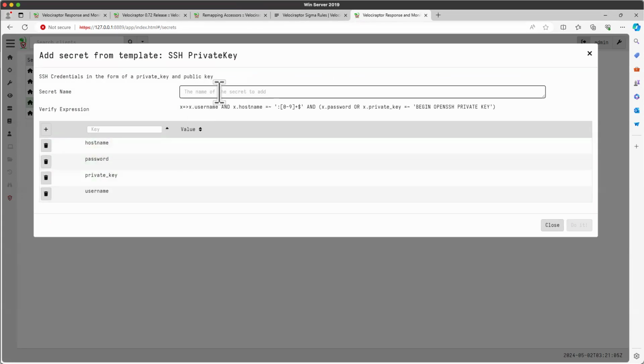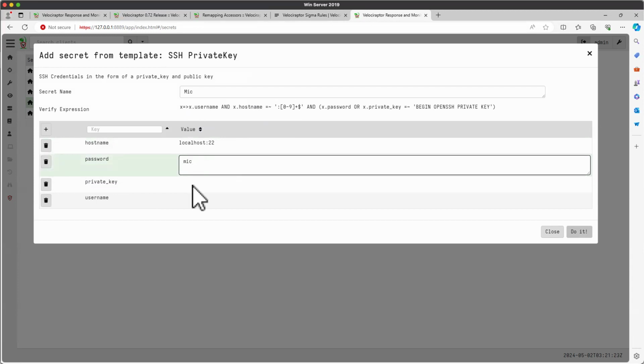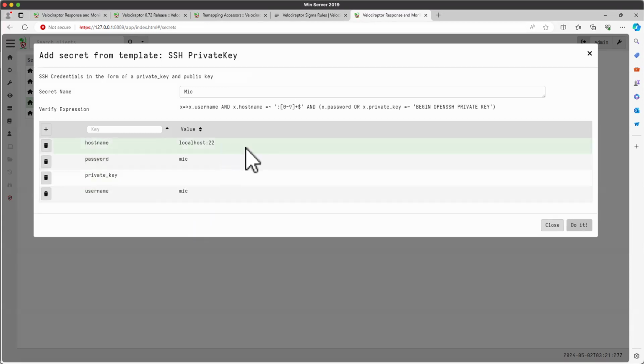The first thing I'm going to do is add the name of the secret. Because this one is logging into Mick's account, I'm just going to call it Mick SSH, right? The host name is localhost on port 22. Password Mick, username Mick. So it's exactly the same as what we had before, except that it's now managed